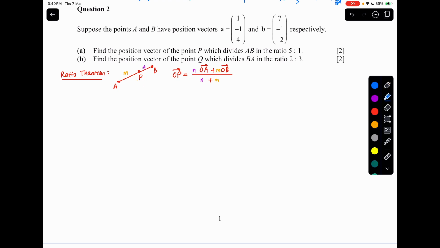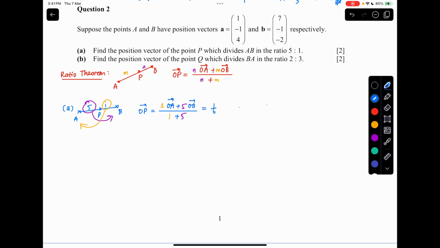Okay, so let us apply this to our working for part A. Find the position vector of the point P, which divides AB in the ratio 5 to 1. So my vector OP would be equal to, I will set up OA and OB first so that I can look at the ratio later. Now let's take a look. 5 goes to this side, the 1 goes to this side. So this would be 1 OA plus 5 OB, over 1 plus 5. So over here I will have 1 over 6,